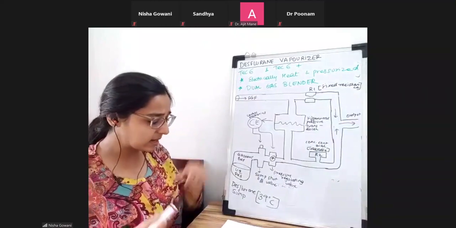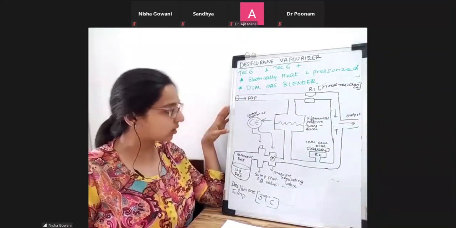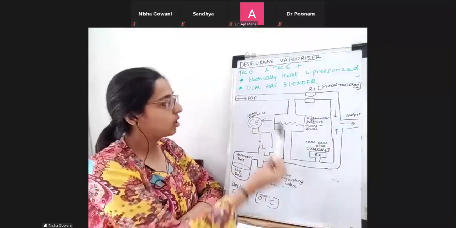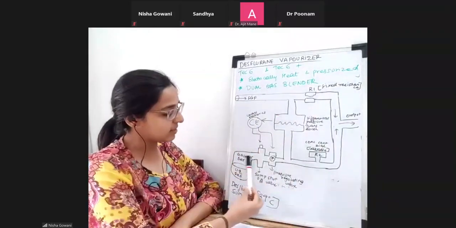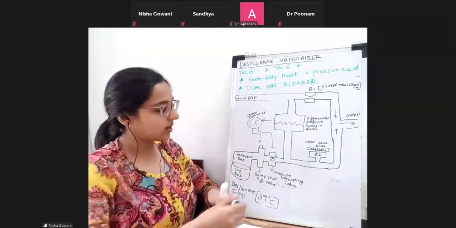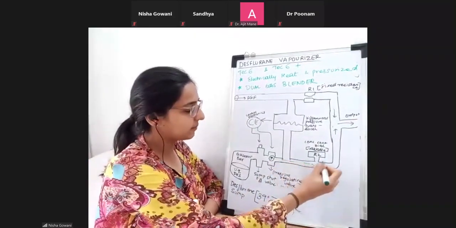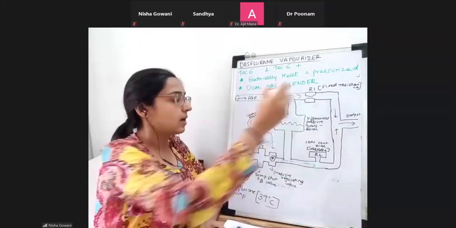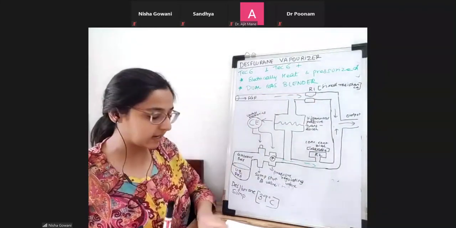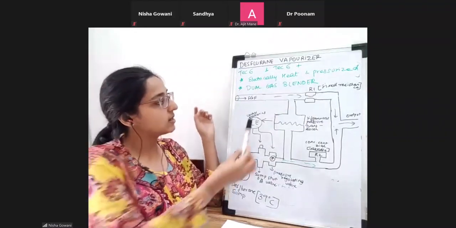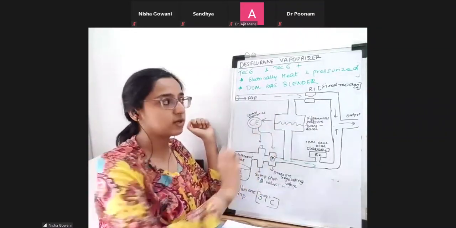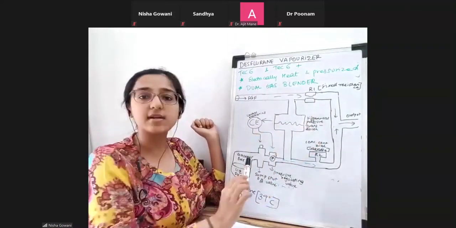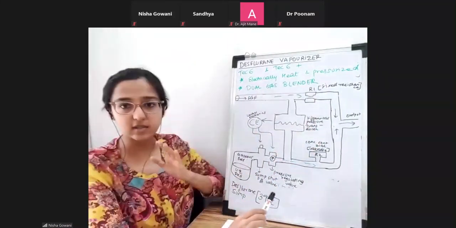Now let's understand each individual part and how it works. As I told you, there are two circuits happening over here in parallel. This one has the fresh gas, and here is the movement of the vapors. Vapors are going to move like this, and fresh gas is going to move above like this. Now let's understand. This fresh gas is moving along this fresh gas circuit. It encounters a resistance R1. This R1 resistance is a fixed resistance. The value is fixed.